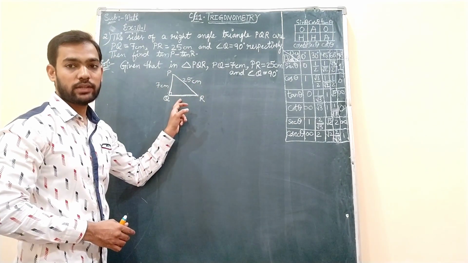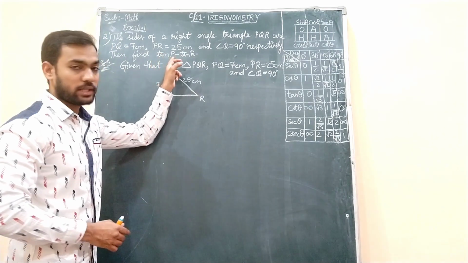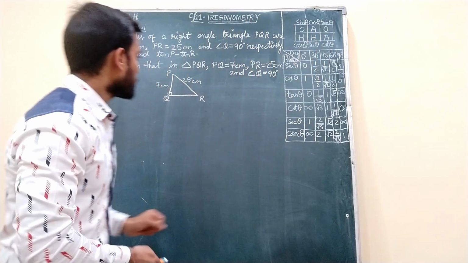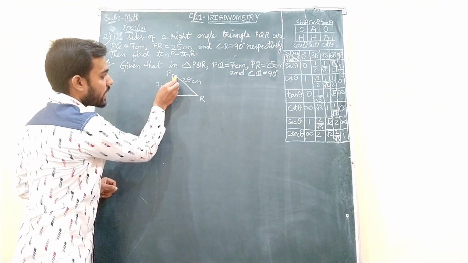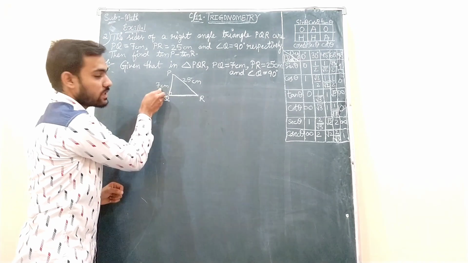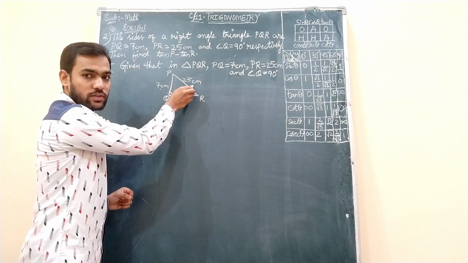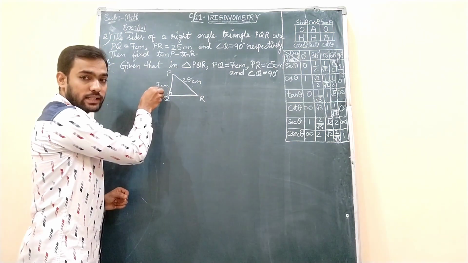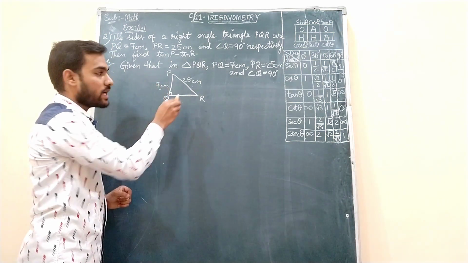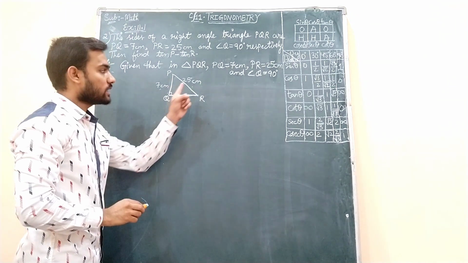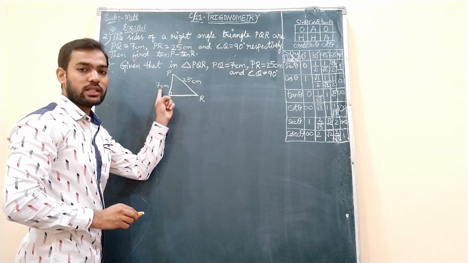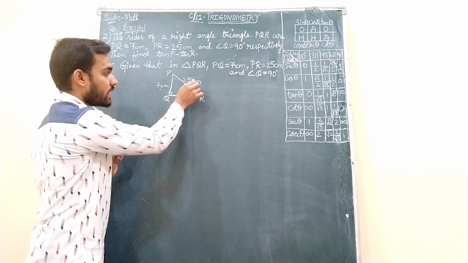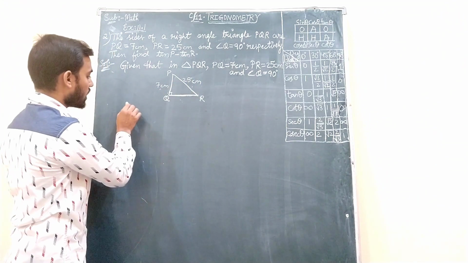This side is missing, that we have to find out, because tan theta, we have learned the formula, is opposite by adjacent. So tan P means with respect to angle P, when you see, this is opposite side, this is adjacent side. This is the longest side, which will be hypotenuse, which we don't require. We need opposite and adjacent. So the question arises, why is this given over here? This is given just because by using these two sides you can find out this side. That we will see now.